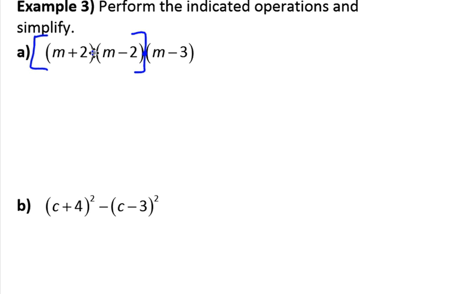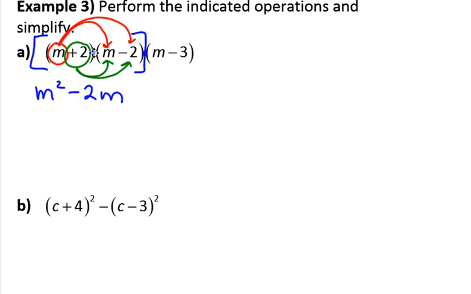So we're going to do the double distribute method. That's my favorite method. If you want to do the box method, feel free to do that as well, but I'm going to do double distribute. So that is just a reminder of how to multiply binomials. The first term, n, gets distributed to n minus 2 in the second parentheses. So that will be n squared minus 2n. Then the next term, the plus 2, also gets distributed, and that would be plus 2n